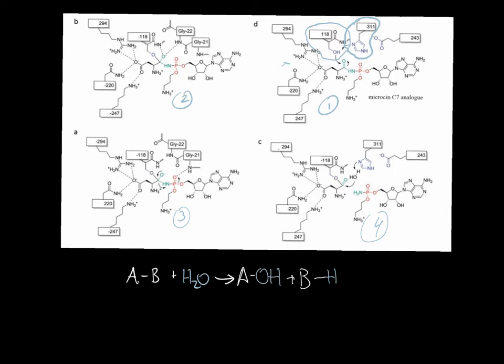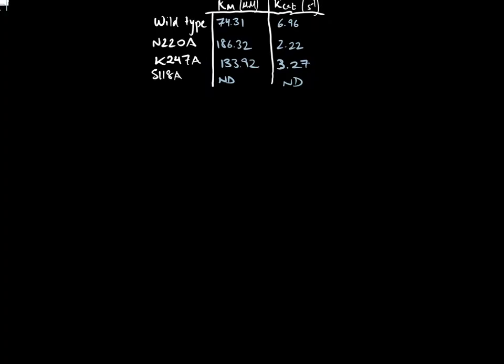Okay, and it gives us this table, so let me draw that out for you. So we're basically putting a mutation at these sites on the enzyme, so 220, 247, 118, and we have the resulting Km and Kcat, and ND here means no activity. Okay, so the question is, what is the effect of these mutations on the efficiency of the enzyme compared to the wild type? Okay, so if you guys remember the formula for catalytic efficiency, you know that catalytic efficiency